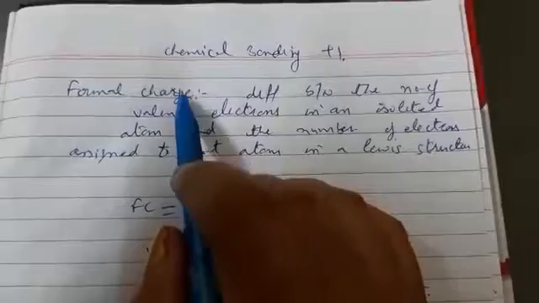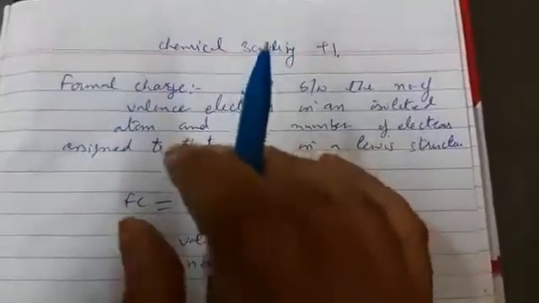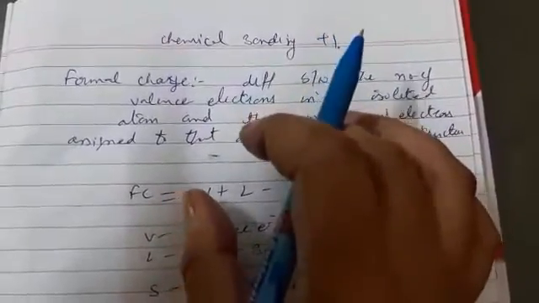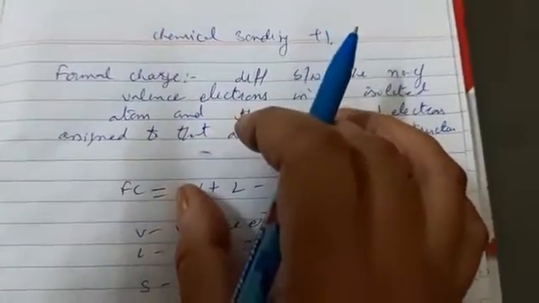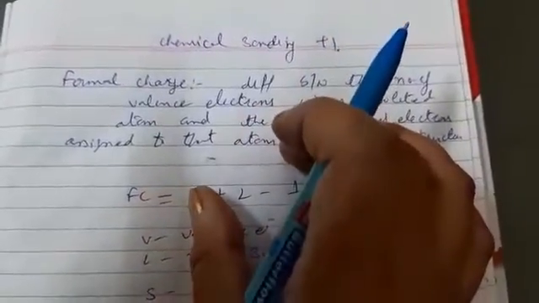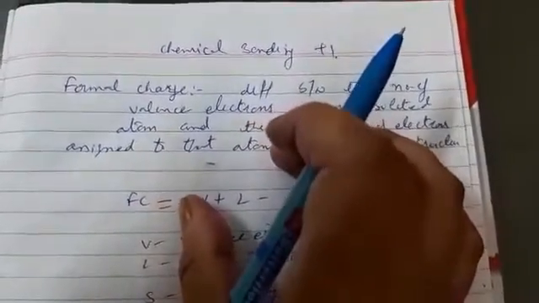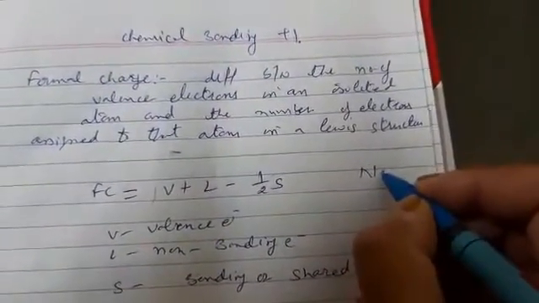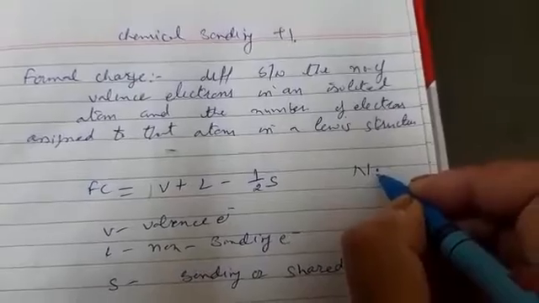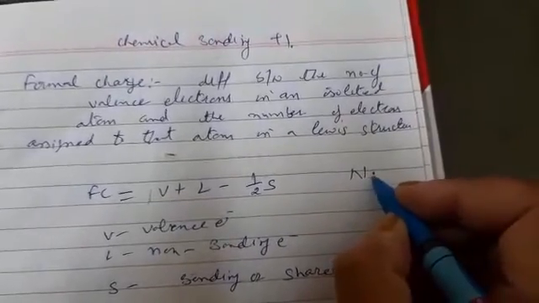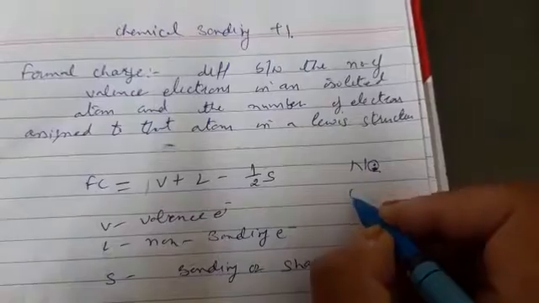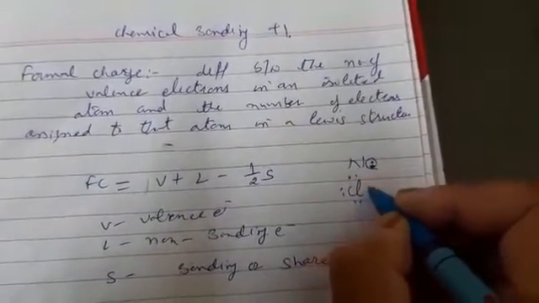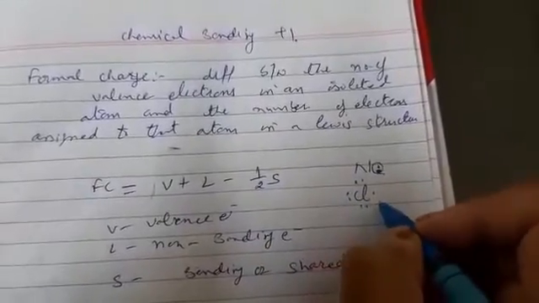In the previous video we discussed Lewis dot structures, in which the number of electrons present in the valence shell are represented with the help of dots, and that structure is known as a Lewis dot structure of atoms, molecules or compounds. Suppose in the case of sodium, one electron is present, so it is represented with one dot. And in the case of chlorine, 7 electrons are present, so 7 dots are shown.